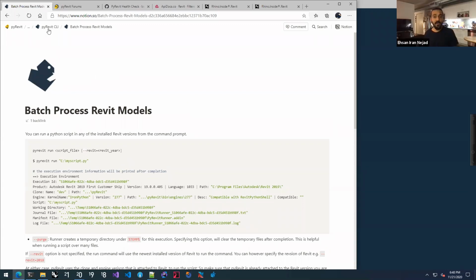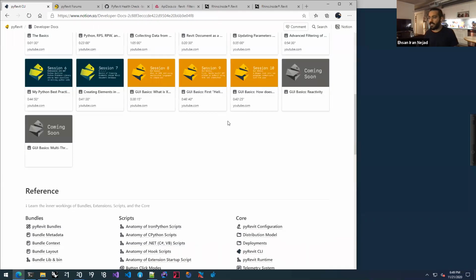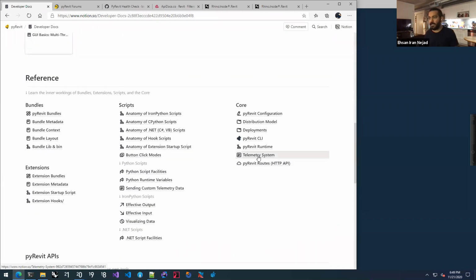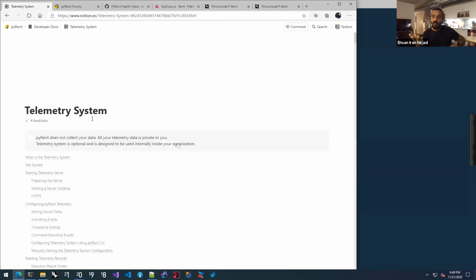Yeah. For any of you that use pyRevit in a larger team environment, pyRevit also has a telemetry system. This is documented inside the documentation, where you can set up a database. And I'm planning a series of workshops for pyRevit in the next month or two. It's going to be 4 or 5 different sessions. One of them is going to be dedicated to the telemetry system, where I'll show how to set up a database, MongoDB,